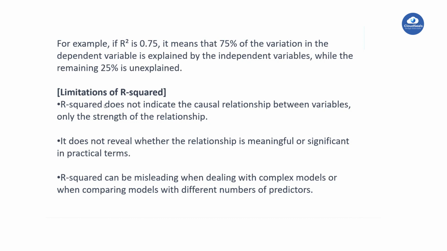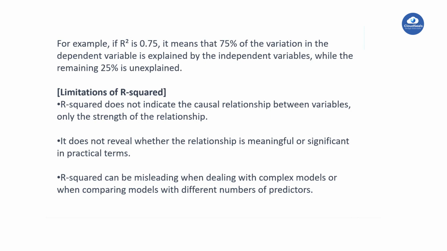Actually, it says something about the strength, but it does not reveal whether the relationship is meaningful or significant in practical terms. We are saying there is a 75% relationship between the dependent variable and the independent variable, but whether it is meaningful or not, it won't say that. For example, if we have a relationship between some animals that look like a dog, some other animals that look like a cat,